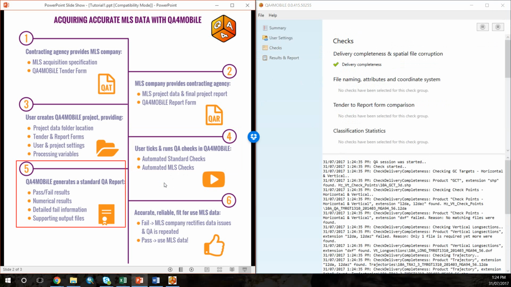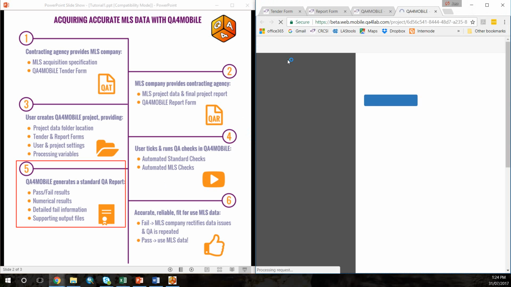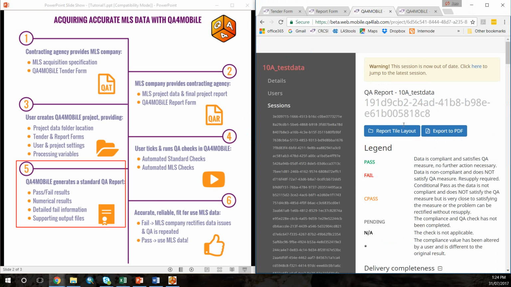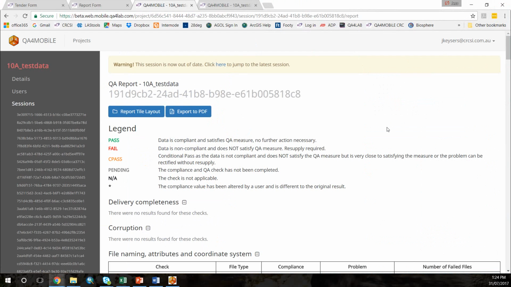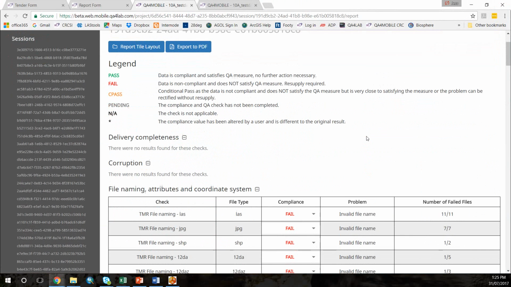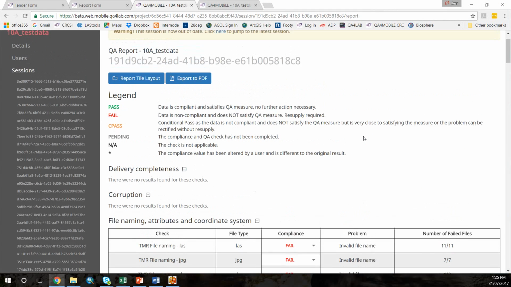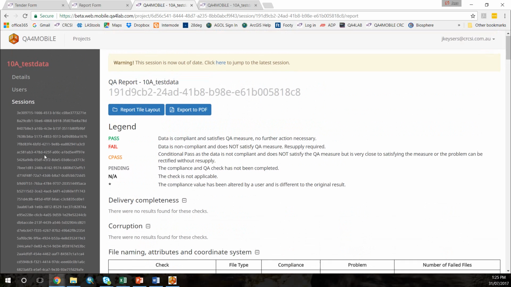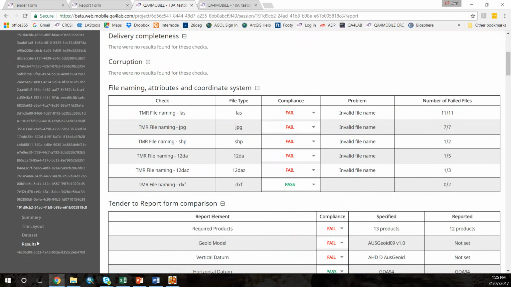Then step 5, QA4MOBiLE generates a standard QA report with pass-fail compliance and numerical results for each check. That can be accessed via the results and report section here. So you can see what the results look like associated to the project, and there should be results for every session. So this is the session we're looking at the moment, and you can see the compliance pass or fails and